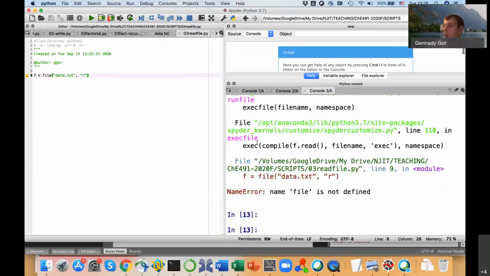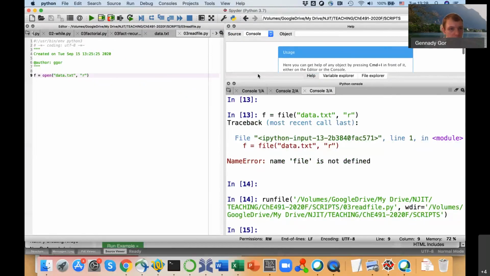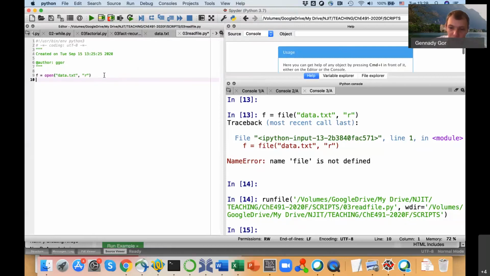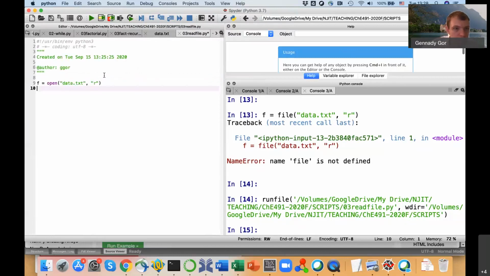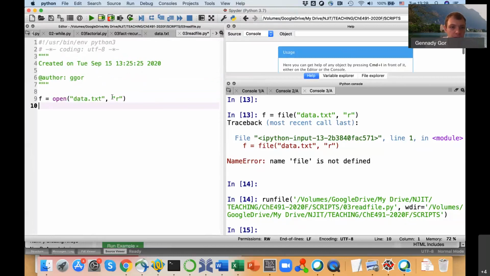Oops. Oh, it doesn't. Okay, I need to import something. Let me quickly look it up. So, okay, yeah, it's open, and I don't need to import anything. I just need to use the right syntax. So I open the file, and this R here means that I open it for reading. I'm going to read the file, not